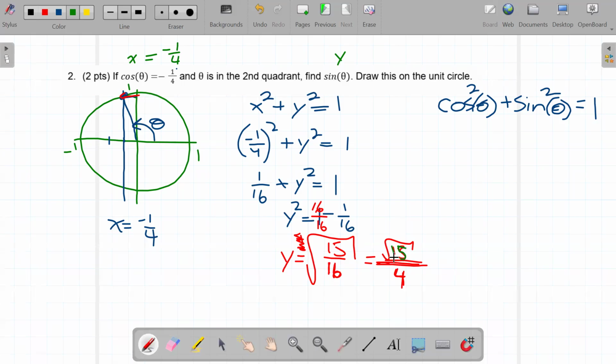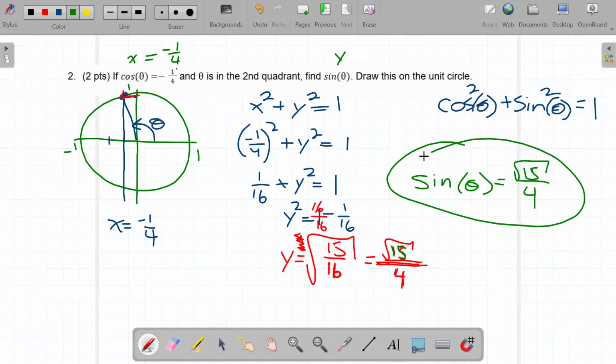No better. So then I might follow up with saying, okay, it looks like the sine of theta here is square root of 15 over 4. And if there's a lot of stuff going on your page, then you might want to circle that to bring it to my attention. So that's my final